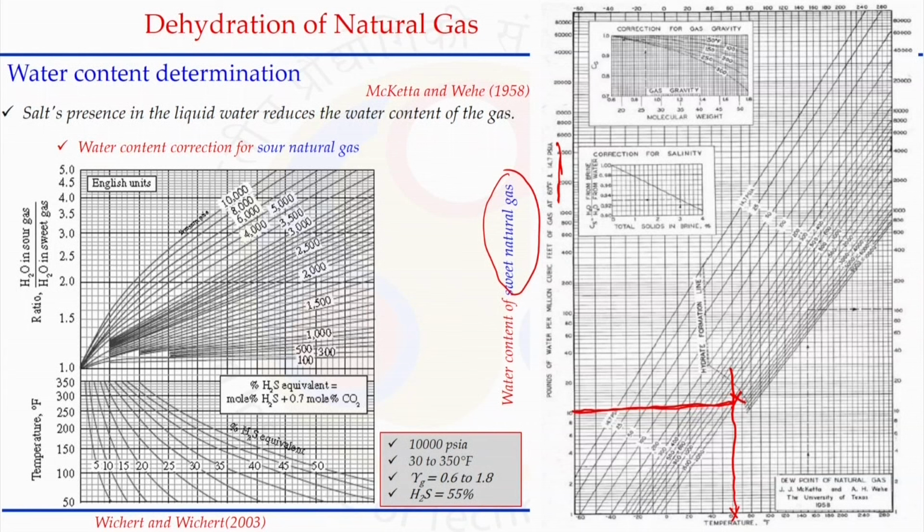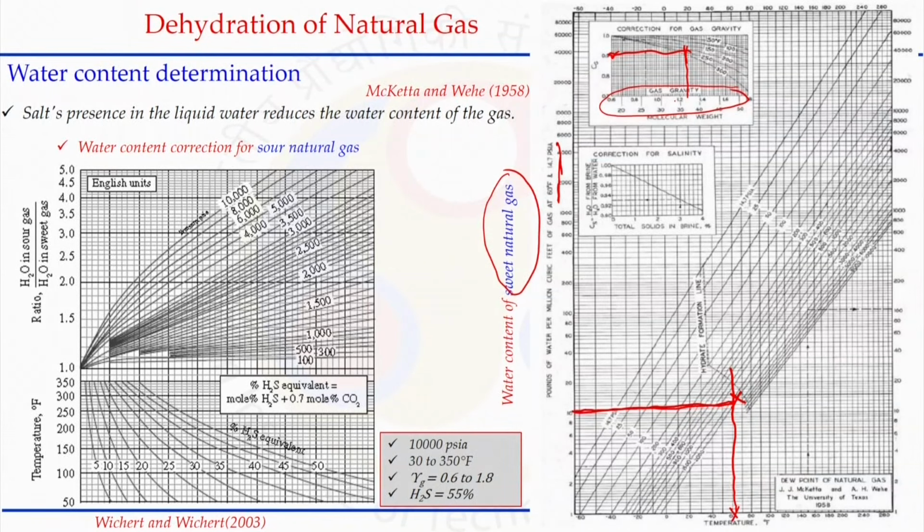The correction should be made primarily for the specific gravity, because this data considers specific gravity as 0.6, and the specific gravity may be different. Then we can use this inside chart: at a particular specific gravity we go vertically to the temperature condition at which the gas is, and going to the y axis we can read the correction factor that should be included for the specific gravity. That means when the gas does not have a specific gravity of 0.6, we have to apply a correction factor for that.